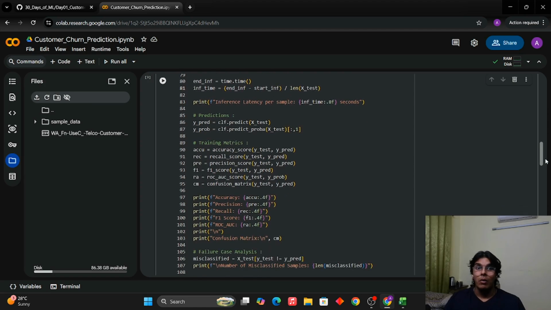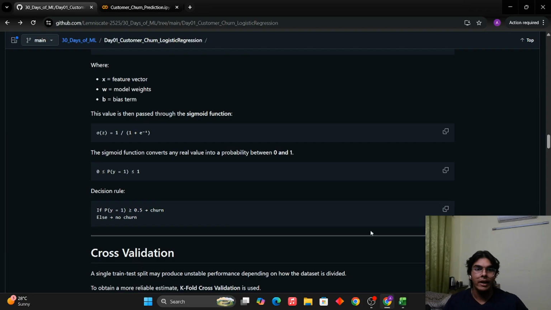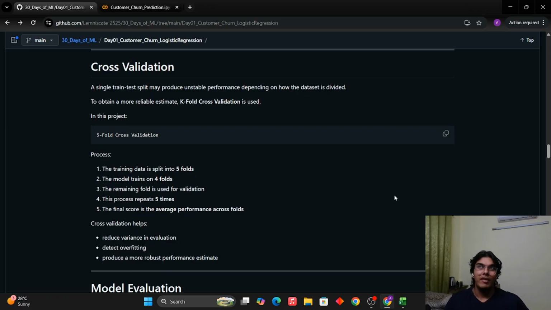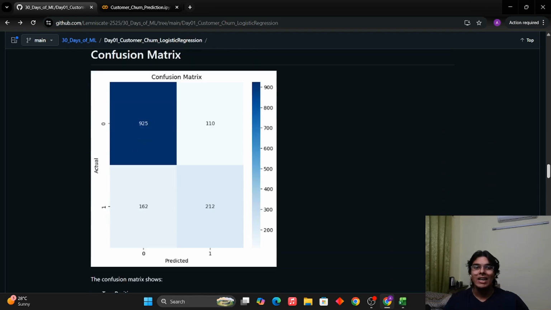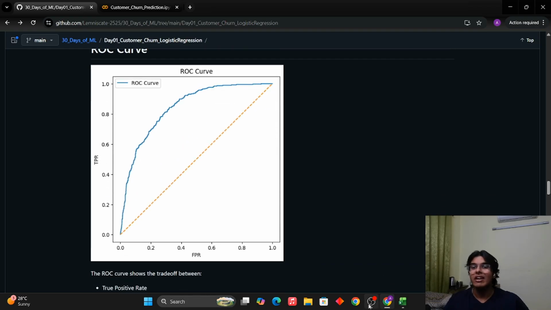Now, coming on to one of the most important parts in the entire module, let me just open the repo once again. Since this is a classification model, we have got the confusion matrix, accuracy, precision, recall, F1 score. We have got all these amazing statistics. Now the thing is, do we need all statistics? The answer is no. I'll be explaining, very simply, why accuracy becomes a useless statistic here. Tell me something.